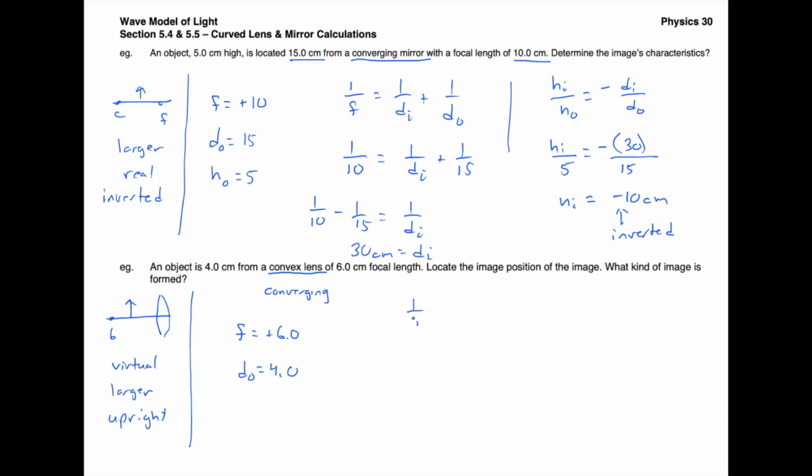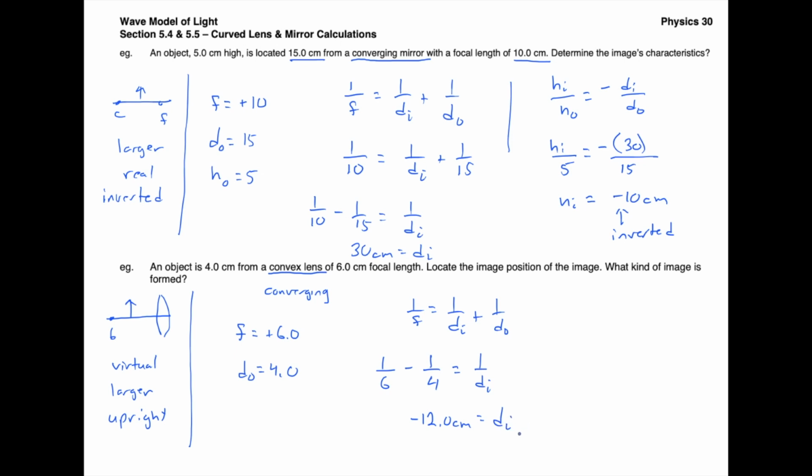And so I can use that 1 over focal point equals 1 over di plus 1 over do. So my focal point is 1 over 6. When I take this 1 over do and I move it to the other side, I have to subtract it to move it over. And so I get 1 over 6 minus 1 over 4. And one thing to really watch here is that we do have then the inverse, or the reciprocal for our di there. So you'll take 1 over 6 minus 1 over 4, but don't forget to take the reciprocal of that value once you have that one done. If you do that for this case here, you're going to get negative 12 centimeters,